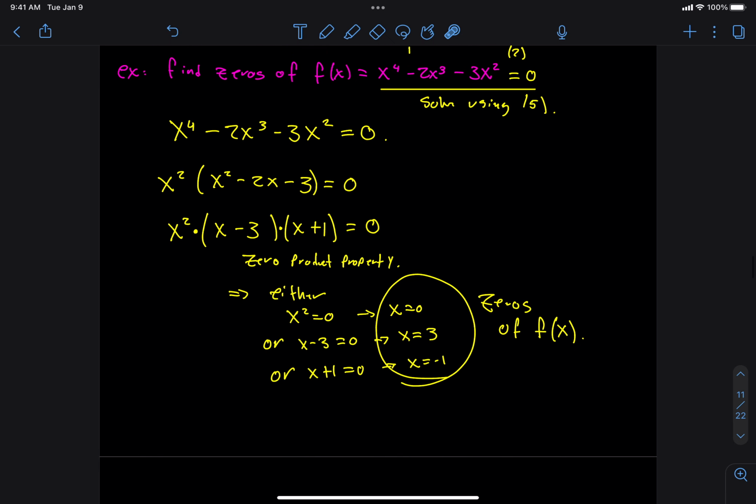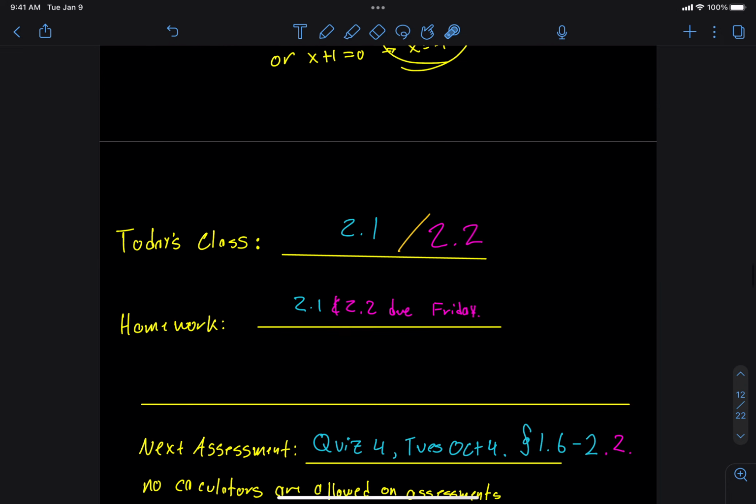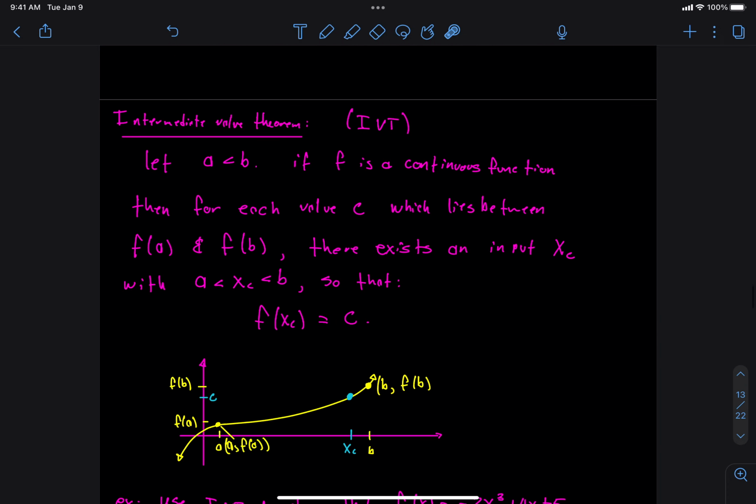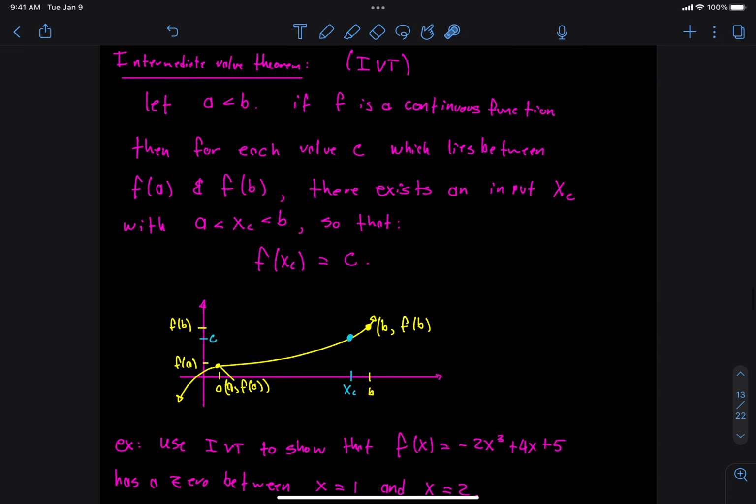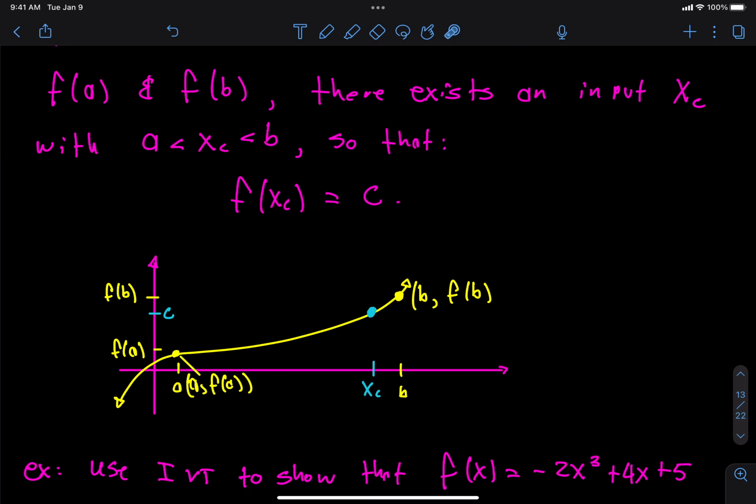So we practiced finding the zeros. This was basically just review. We take out a GCF, right? Take out a GCF, then factor, and we get the zeros of f of x. And I think that's not where we stopped. The last thing we said was, what is the intermediate value theorem? And the intermediate value theorem has an unbelievably simple,